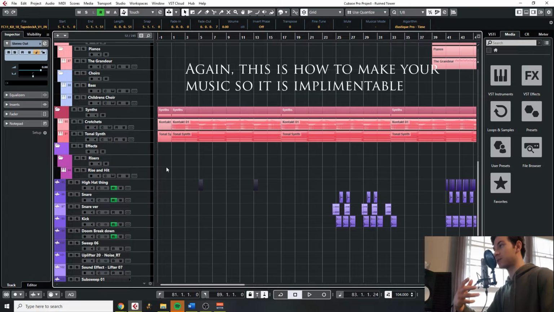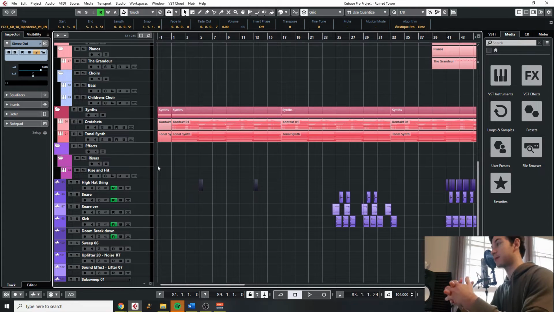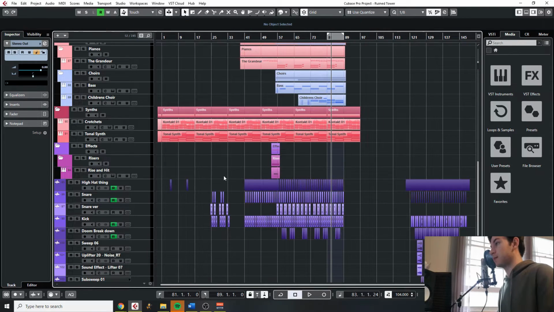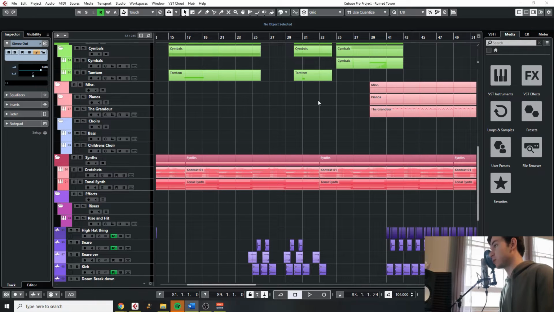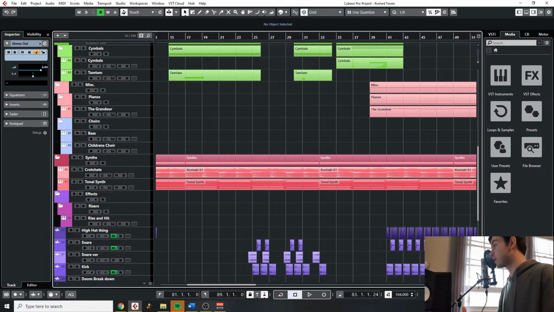There are a few different ways because it depends on how big the game is and what level of interactivity you're going for. If you want to do really complex stuff, you probably already know what you're doing. This is more of the lower level stuff, still a bit more complex than just one looping track. So basically, the first thing you need to do, and this is before you compose, is figure out